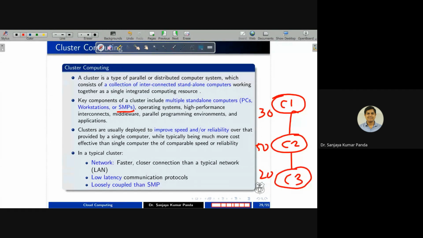And there is a popular protocol called Myrinet, a lightweight protocol used in cluster computing. The network is fast in a cluster because these clusters are formed inside a particular organization, so the latency is also very low.